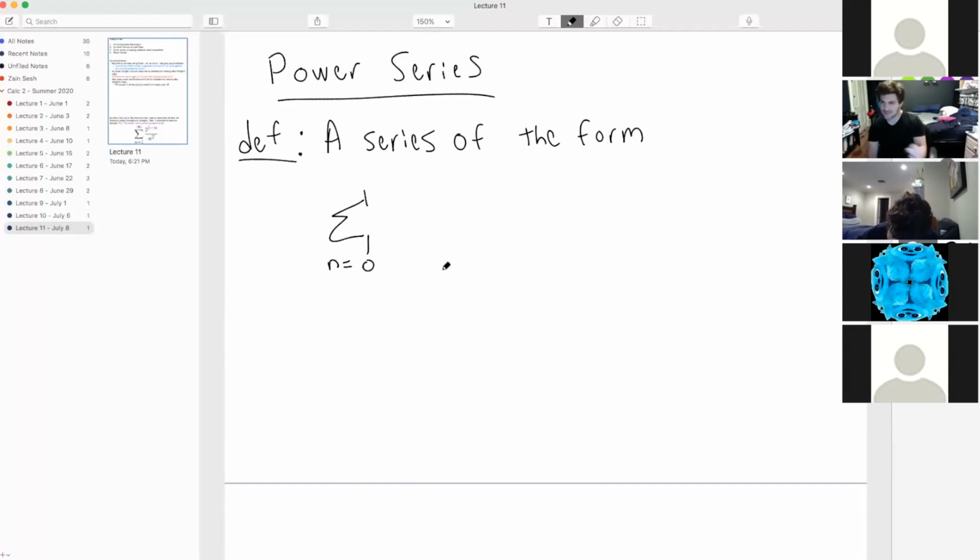That's not really anything to worry about. Nothing quite changes. So n equals 0 to infinity of c_n times x to the n. If I write out the first few terms, this will be c_0 plus c_1 x plus c_2 x squared, and so on forever,